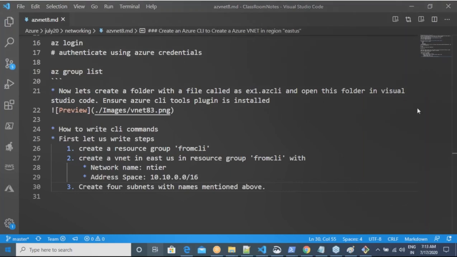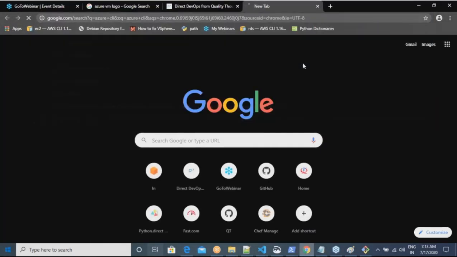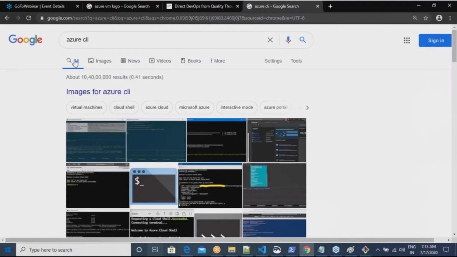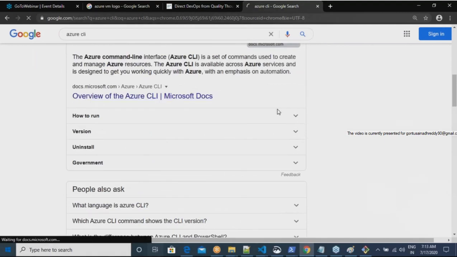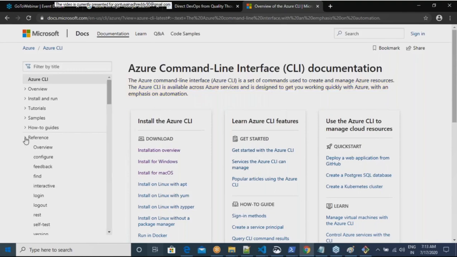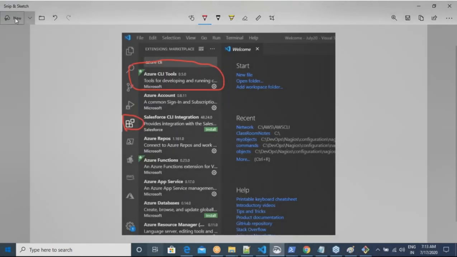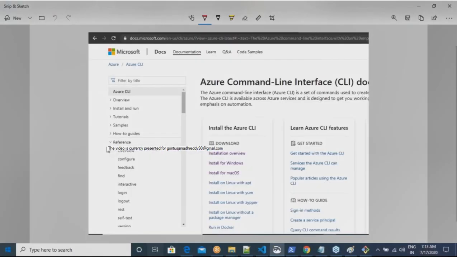Right. Now, if you go into Azure CLI, are you seeing Azure CLI? In this Azure CLI documentation, you will see a section called reference. So Google for Azure CLI and select this reference section.